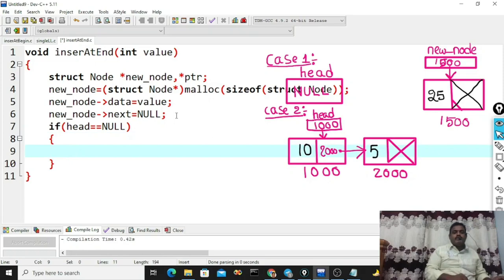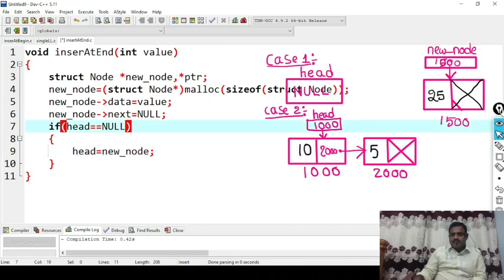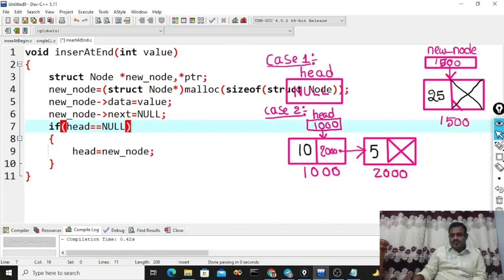Whatever node you created will be the only node in the linked list. So simply you need to change the head only. Head equal to new_node. That's all. In this case, you just change this head, and head is going to point to this node.